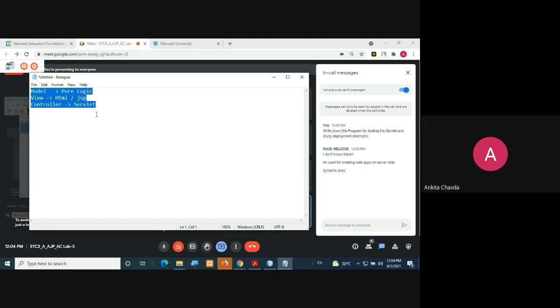This is what we have seen in our core Java, right? So we do server side programming via the servlet because the client is always sending a request, right? And the servlet will take that request, generate the response, and give this response back to your client. This is what the servlet is doing, right? So the server side programming that we can do via the servlet. Okay. So create any one of these servlets.